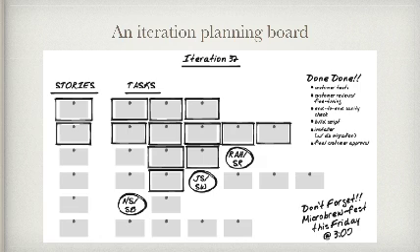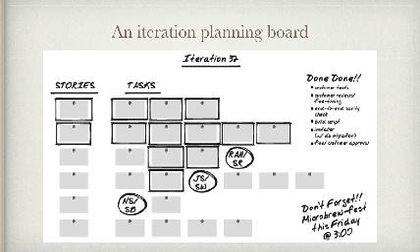This is a sample iteration planning board. It shows the list of stories, and it also explains what tasks have to be completed for each of these stories. It also lists all the done criteria for most of the stories, and then it allocates people to handle some of the specific tasks. If there is some major activity that is planned for the team, it can also be posted on the planning board. This will help us identify the most important stories and tasks which we need to complete first.